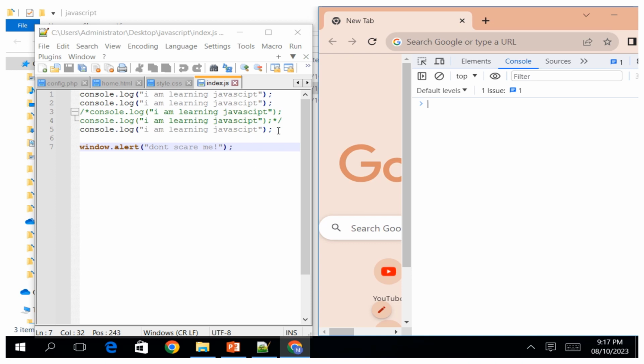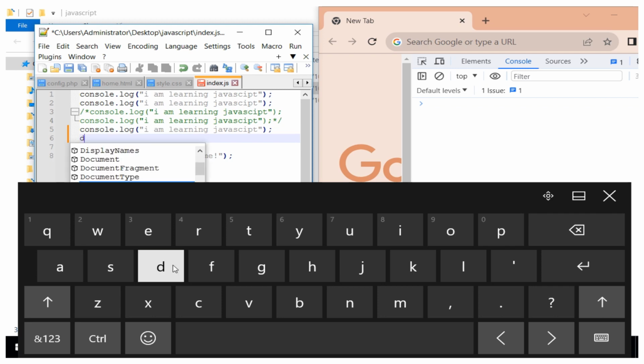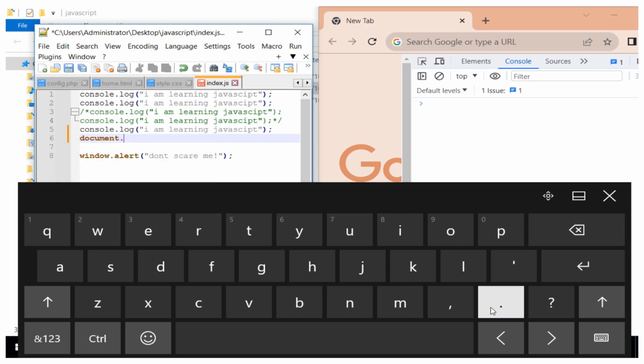So we can maybe type for the first one here. Let's try to use the first way, that is document.write. So in this we are going to have the document dot write, and then we can try to reload. We see if this one can affect the first page here, which is the HTML. So we have the document dot write,